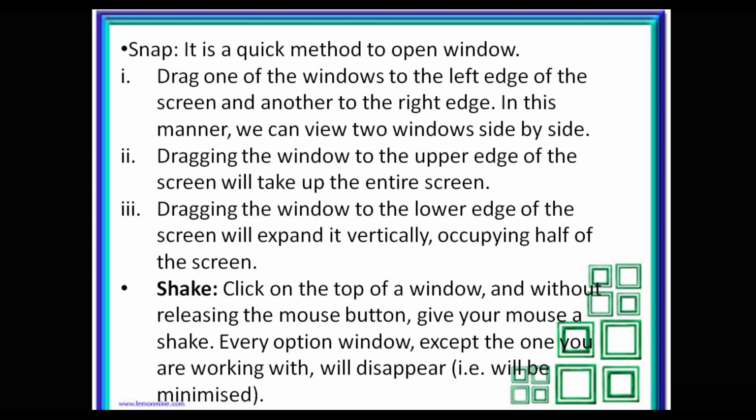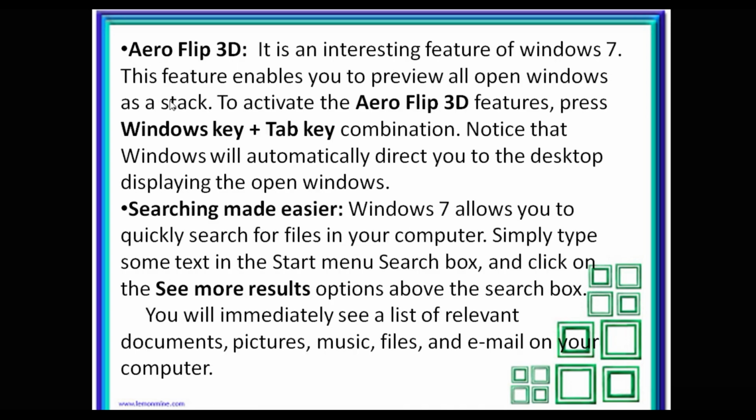Next feature we come to, that is Snap. Snap has different types of things. First which comes in it is opening two windows side by side. As we are working on two things together, I have shown you in the earlier video that I want to see the PPT and I want to see the worksheet all together. So I can see it on my computer. Now let's come to its next two features. What are those next two features?